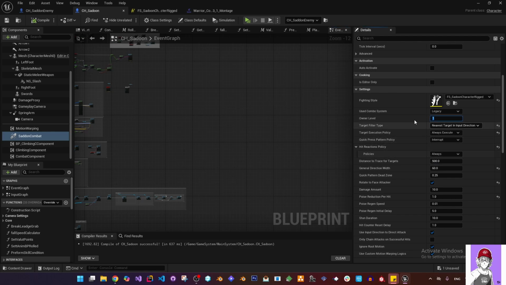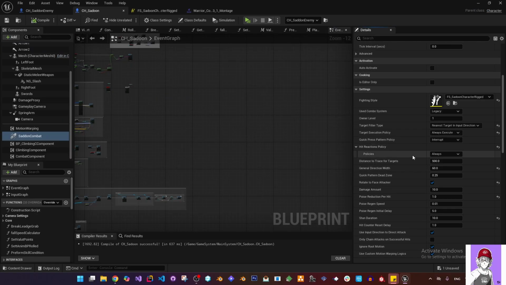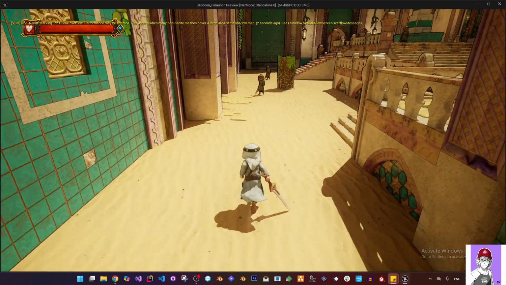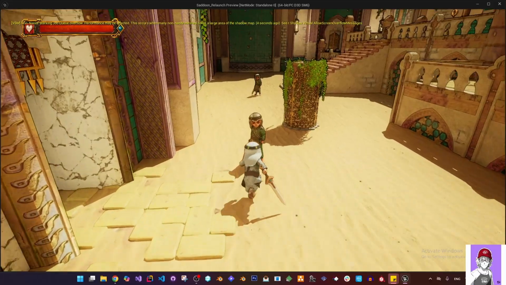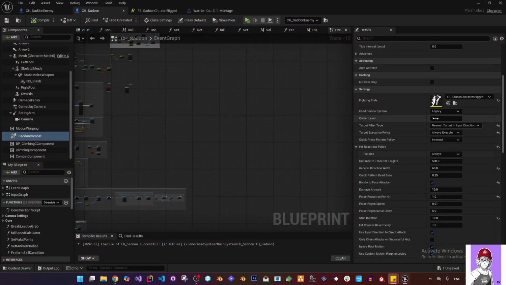So let's test it out. Currently we have a level of 1 and the enemy is level 1, and my policy is always react, so that means if I play, it will always react. Okay, but if I set it to use combat level, which is going to say always react if the combat level is proper, so let's say my combat level is 2,